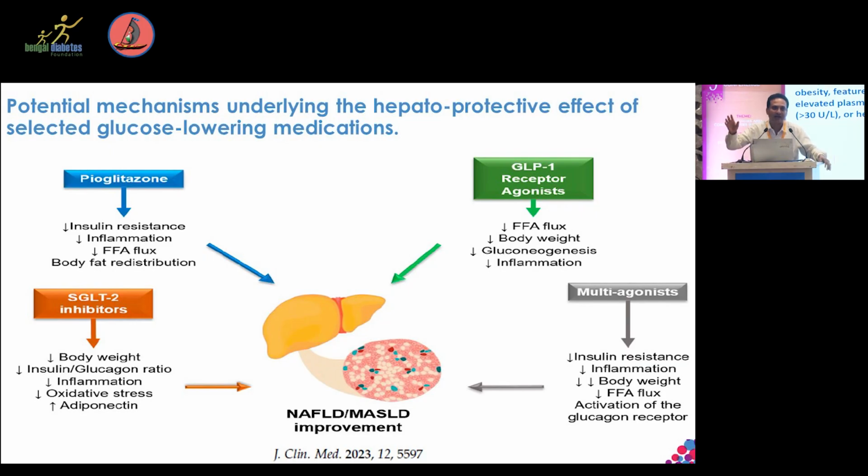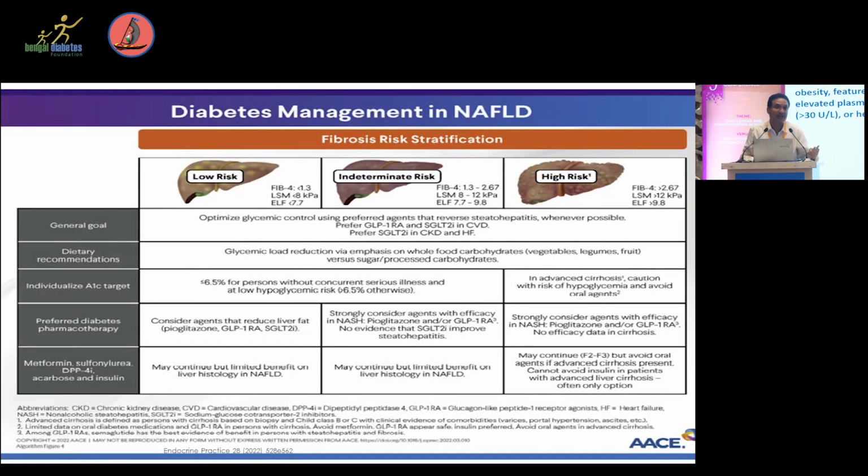For indeterminate or high risk, we need to go for the FibroScan, and then we categorize the risk, whether it is high risk or low risk. In type 1 diabetes, it is not mandatory to do FIB-4 in all patients, but we need to do it if the patients are obese or develop metabolic syndrome, or have ALT more than 30, or develop steatosis on imaging. There we need to again evaluate for NAFLD or NASH or MAFLD even in patients with type 1